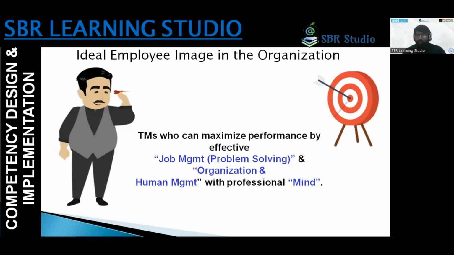It comes with the three perspectives which I am sharing here with you. First, who can give maximum performance by effectively managing their job and solving the problems in the organization. Then second, helping the organization develop, which is the issue the organization is facing regarding organization development or employee engagement. That comes when you involve those people, who are, number one, effectively involved in solving the problem.